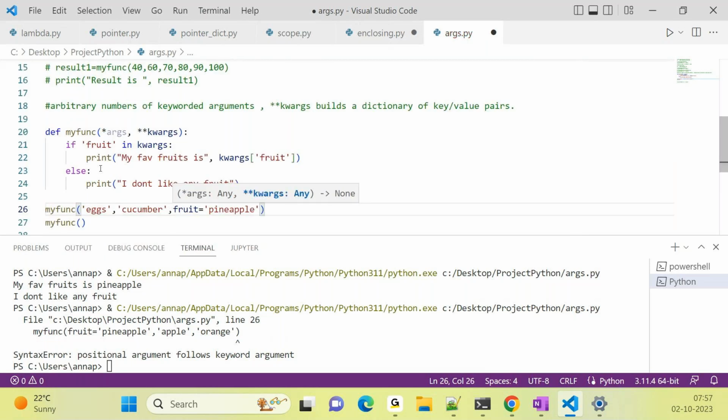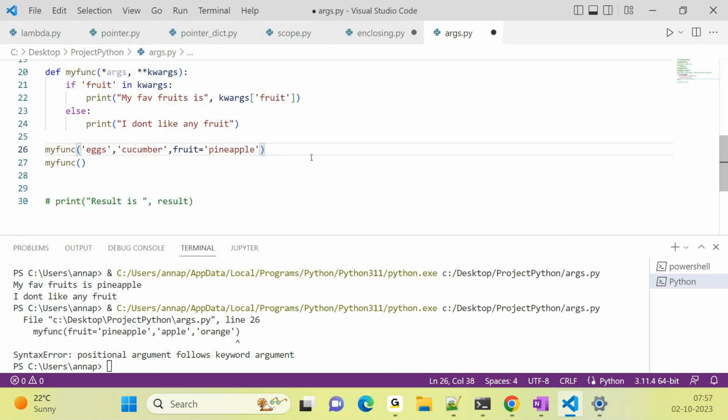So these are my arguments and this is my keyword arg. I can just pass only one dictionary. So before, we tried adding multiple, it is failing. But you can add multiple arg and one value of keyword, I mean dictionary. I can add one more dictionary also,